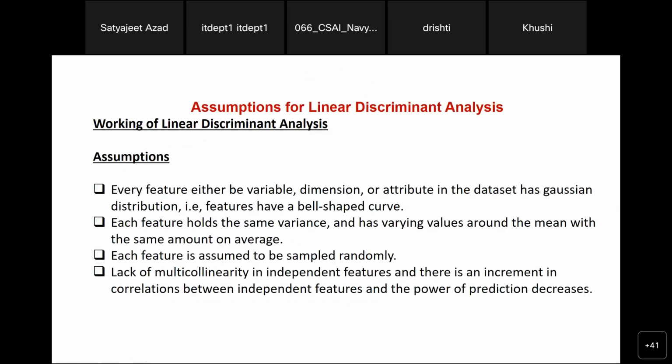So now, there are different assumptions of linear discriminant analysis. When you are applying linear discriminant analysis, you also assume something. For example, in the case of logistic regression we also assume something. For linear discriminant analysis, logistic regression, and simple linear regression, we all have some kind of assumptions. So the assumptions are, for example,